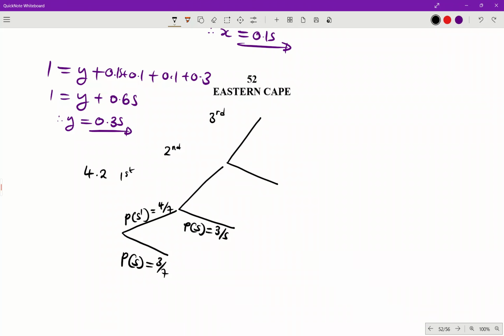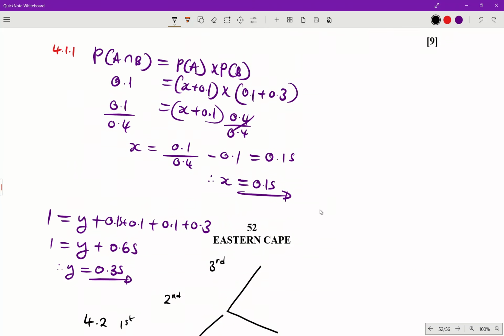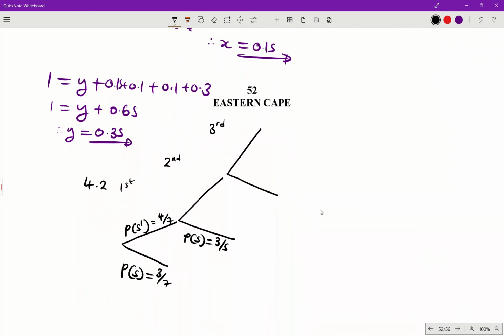So 3 over 5. Remember, this is succeeding, not succeeding, not succeeding. You see? So make sure you understand that. It's like if this side we have blue, this is red, blue, red, blue, red. Understand, guys? So now the probability of succeeding started here, and then it increased every time to 3 over 5. I think this was 3 over 7 there. Yes. So now the probability of not succeeding here